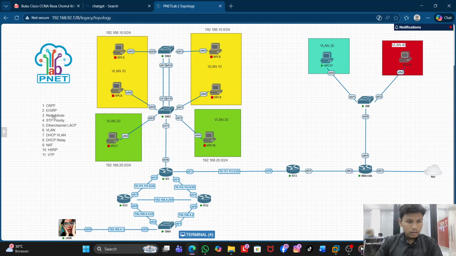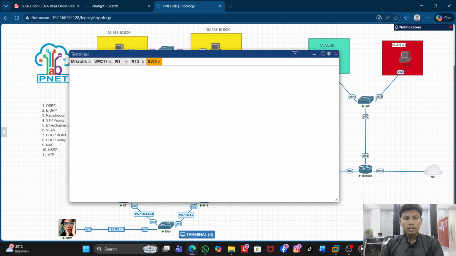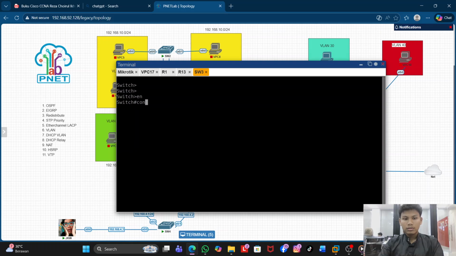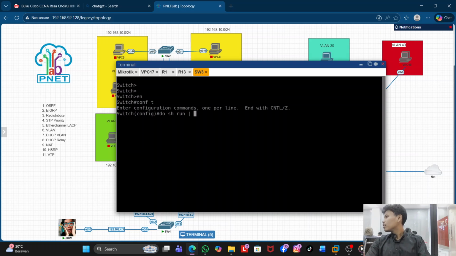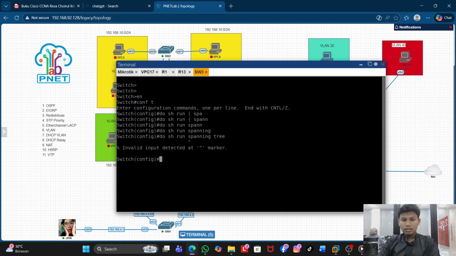So next, the fourth point, STP priority, Spanning Tree Protocol priority. I configured it here on SW3. Show run, show spanning-tree.